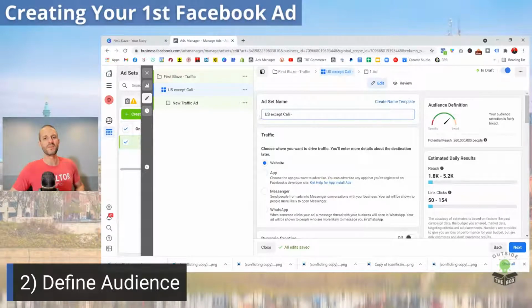US except Cali. So that notes to me later when I'm looking at this stuff, if you had multiple audiences, which you can have, and I'll show you, you could be running different ads to different audiences. This will help you keep them all straight when you're looking at your ads. So I want to say the geographic location, US except Cali, and then